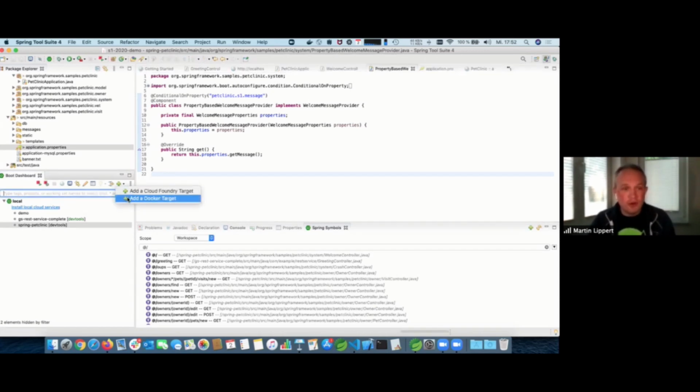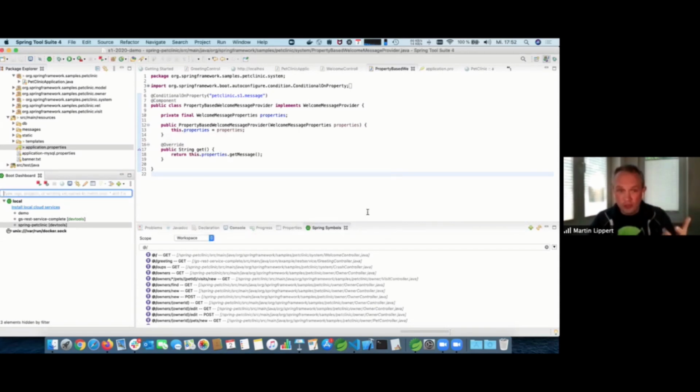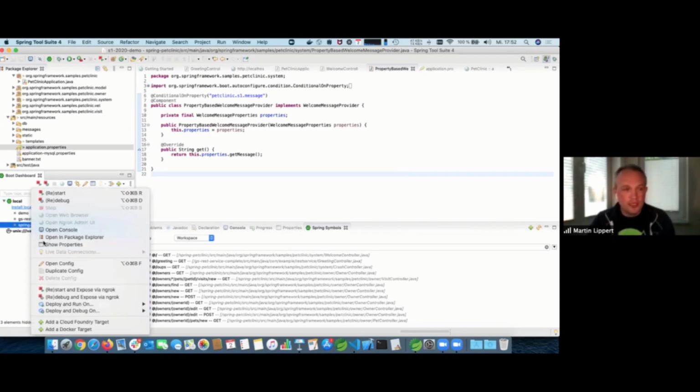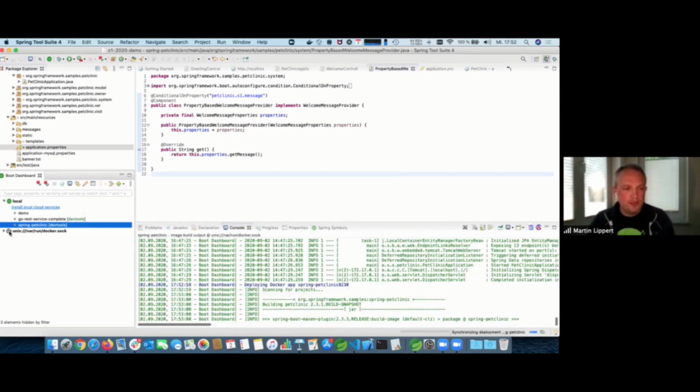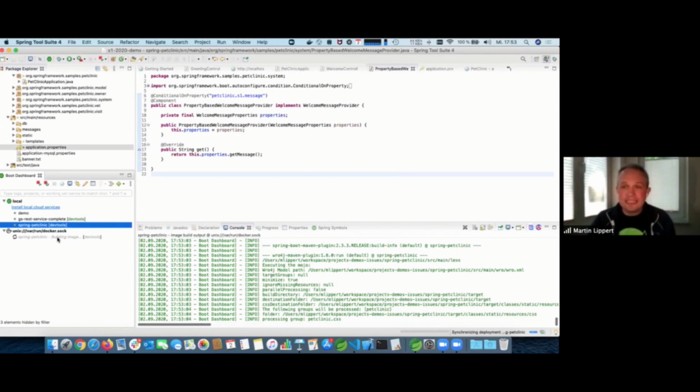That's why we integrated that into the Boot dashboard. So you can add Docker, a specific Docker daemon, to your local dashboard. And then you can select a project and say, hey, let me run that in debug mode on this Docker instance. In this case, what you will see is there's this node showing up here, and it is kicking off